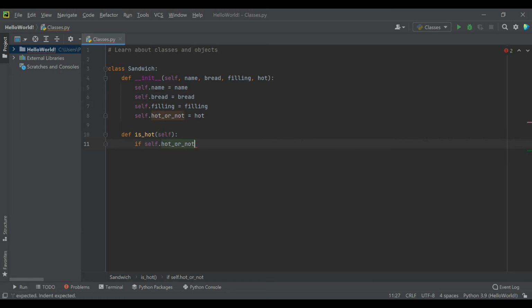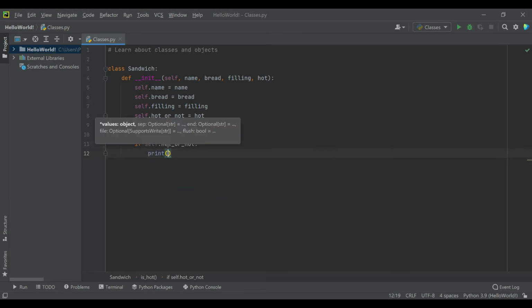So we're checking if it's hot or if it's not, and because we get to define this, we'll say that if that Boolean is true, then it is a hot sandwich. So we'll say if hot_or_not, then what we're going to do is print self.name, which will come through as a string, and then we'll add